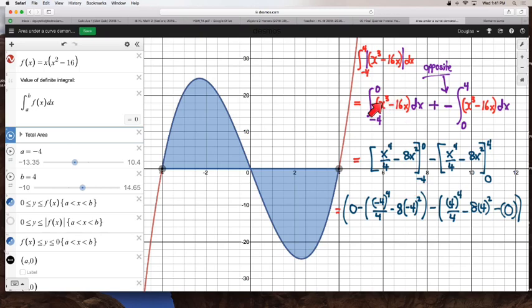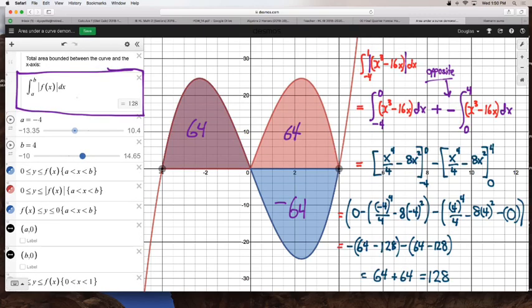So this is not a lesson on integrals, but as you can see here, I took the antiderivative of the polynomial, evaluated from -4 to 0, pay attention to the notation, and then from 0 to 4, I took its opposite. The rest is just number crunching, and in the end, we see 64 plus 64, or 128, is the total area. So again, that should make total sense, because here you can see this area was 64, this area was -64, but we took its opposite right here, so we have another 64 added for a grand total of